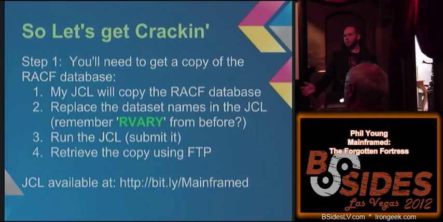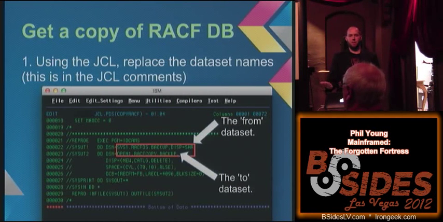I wanted to give a demo on what John looks like when we're doing this. I have JCL that I wrote up to copy a RACF database, which actually points to a GitHub site. When you run that rvary command that I showed you before, you just take that entry, throw it in the JCL, and change one of the datasets, because all the JCL is doing is copying a file. It's nothing crazy special. It just, for whatever reason, you can't just type cp space file name. You have to type this to copy a file.